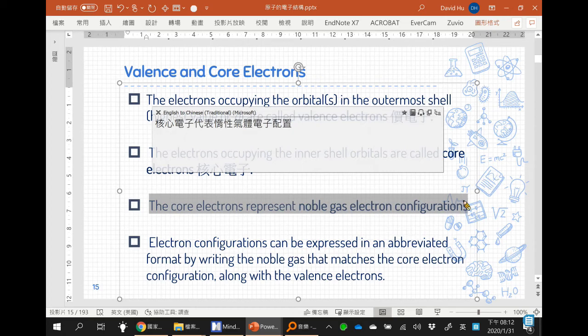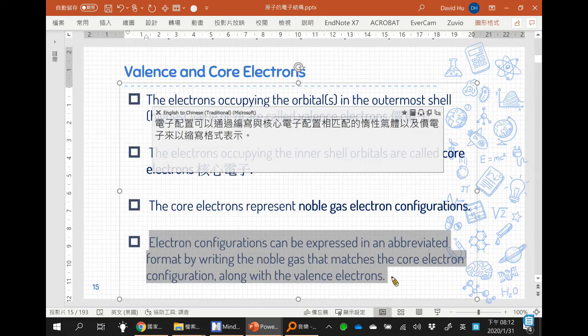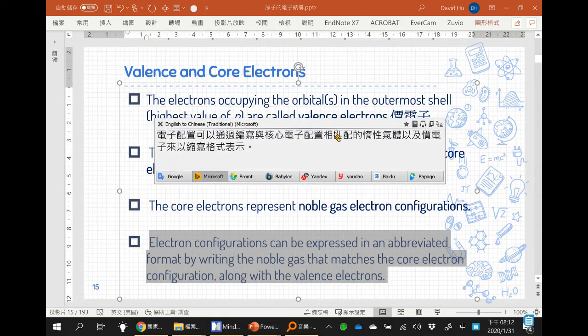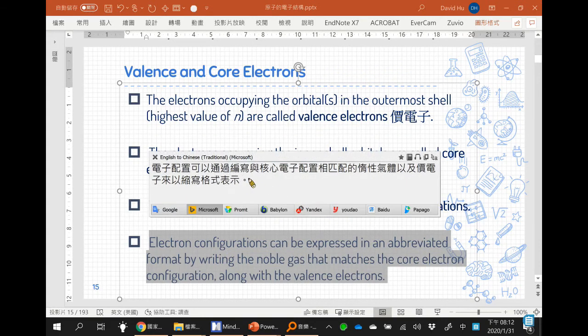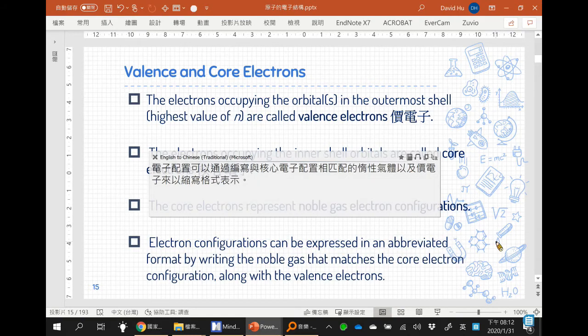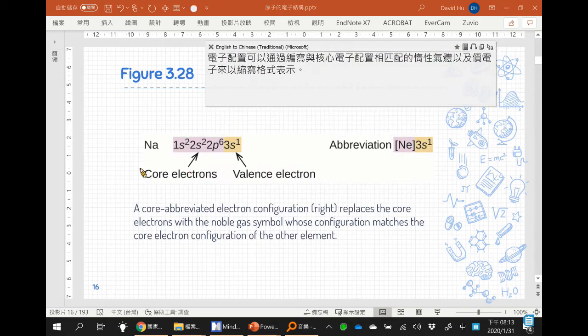The core electrons represent noble gas electron configurations. 这种核心电子，代表惰性气体的电子配置。Electron configurations can be expressed in an abbreviated format by writing the noble gas that matches the core electron configuration, along with the valence electrons. 电子组态可以用缩写的格式来表示，就是以与核心电子组态相匹配的惰性气体以及价电子来表示。指的是什么呢？就是这张图所示的，原来完整的写法可以把它简写，内部的核心电子组态可以用惰性气体来表示。